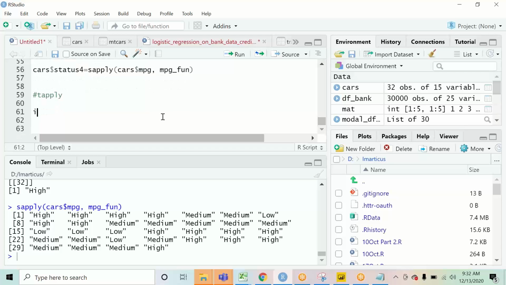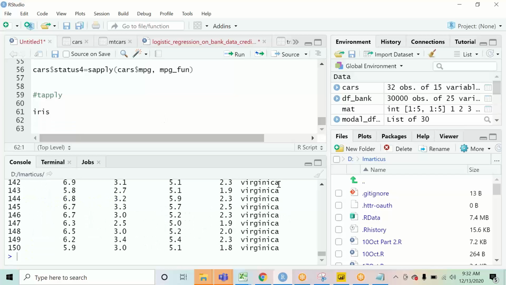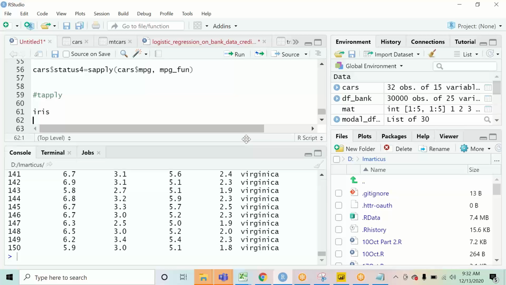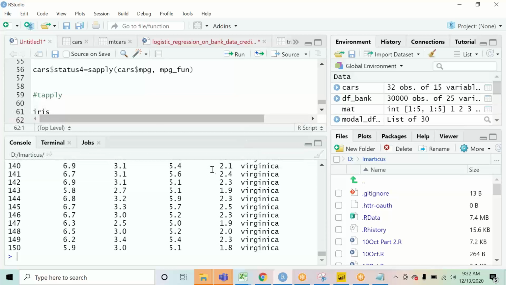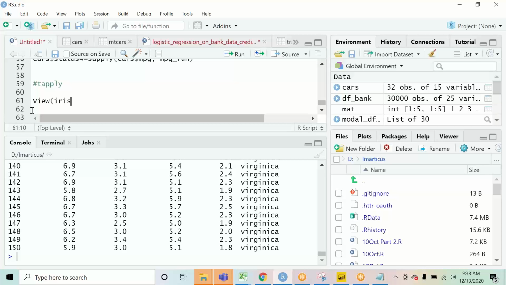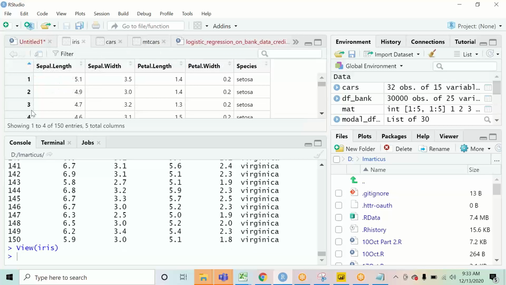We have the iris data set with us. If you take a look at this iris data set, we have the sepal length, sepal width, petal length, and petal width for the different species.